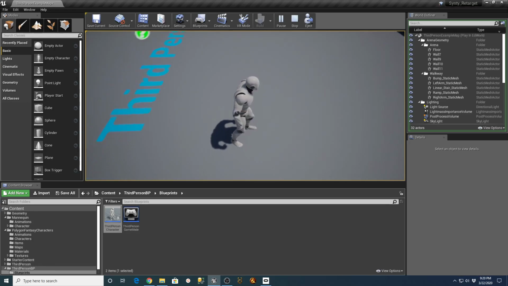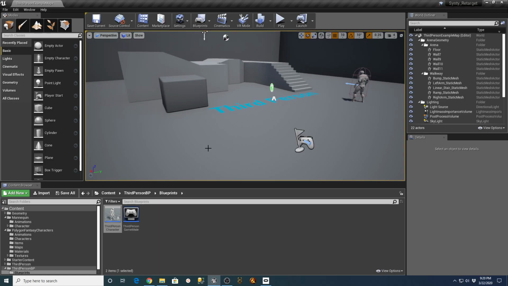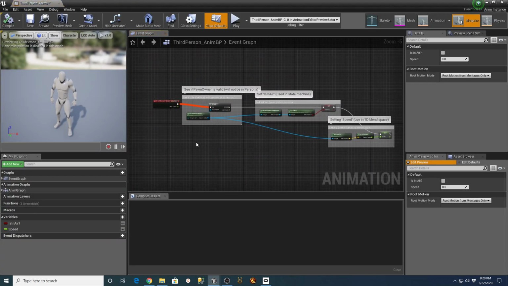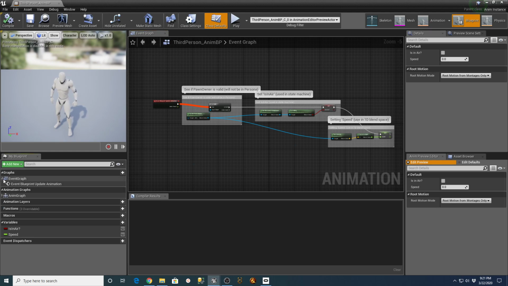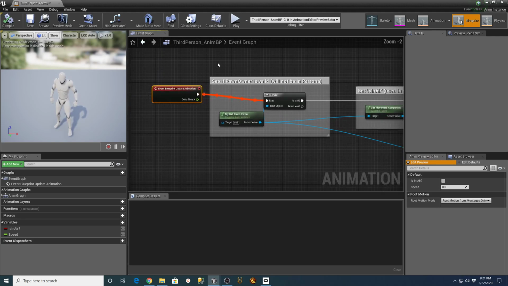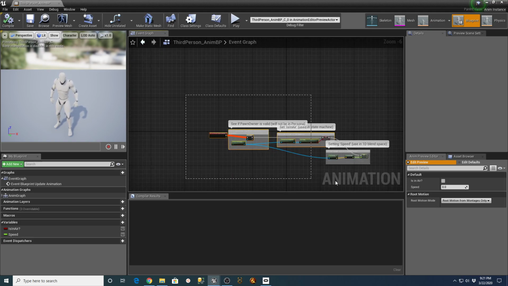The event graph of the NMBP isn't grabbing the values from the character BP. Yeah, I think I replaced those though. That's what's strange to me. I went through and I replaced them all. If I look at his animation blueprint, oh, wait a minute. Yeah, I see what you're saying. It's actually not in the animation blueprint, but it's in the event graph. My character doesn't even have the event graph turned on.